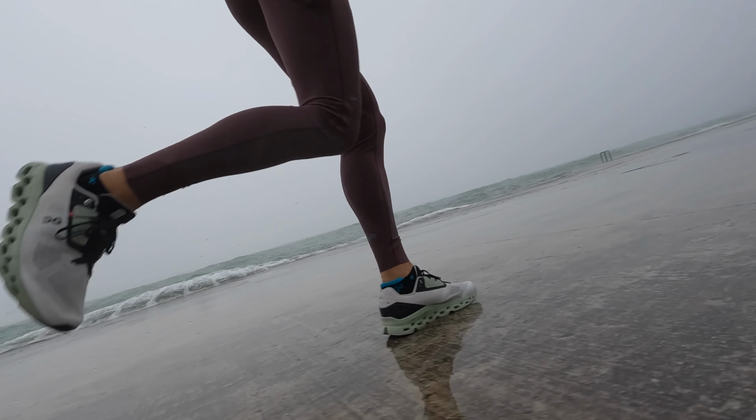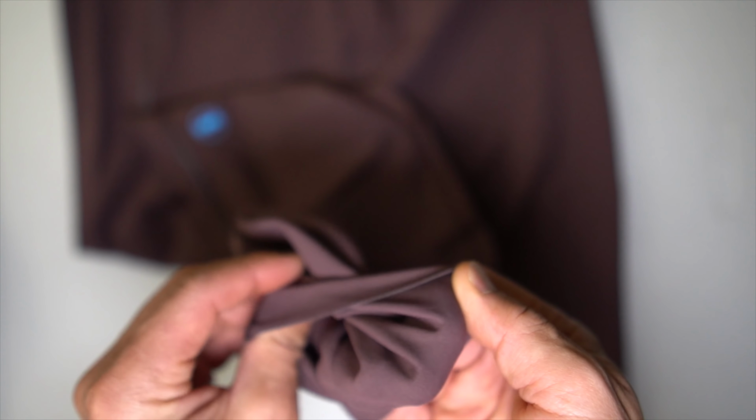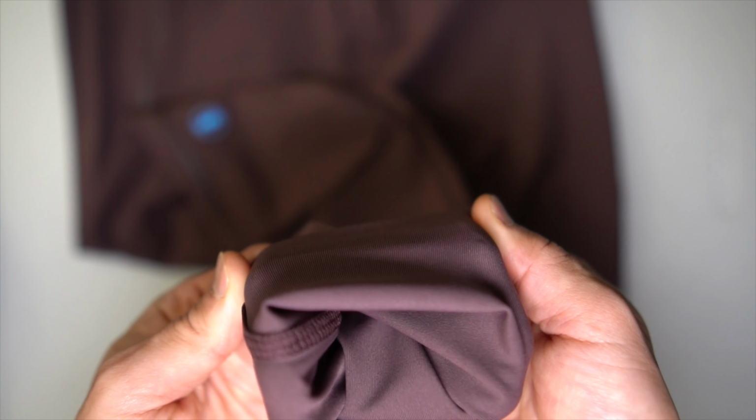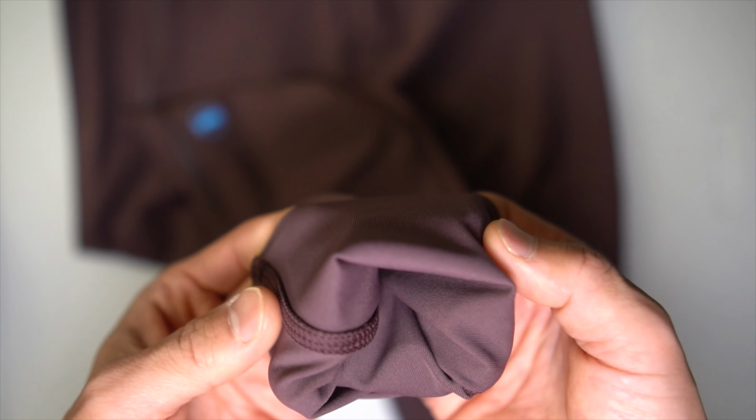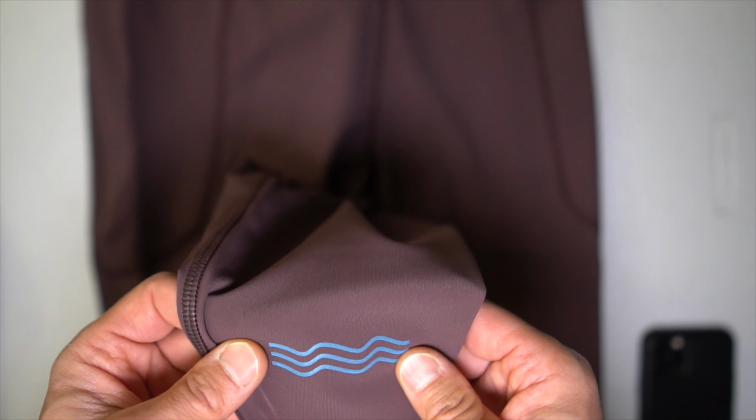And the reason why it's working is, one, because of the Janji Tight material. It's very compressive. I really like the fit. Definitely keeps me warm, but also stays out of the way. So if I want to take these for a workout, I think these certainly could. You got some reflective accents along the back of the ankle,